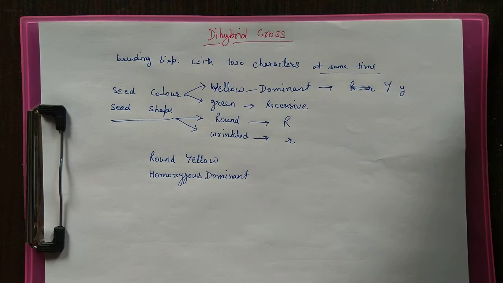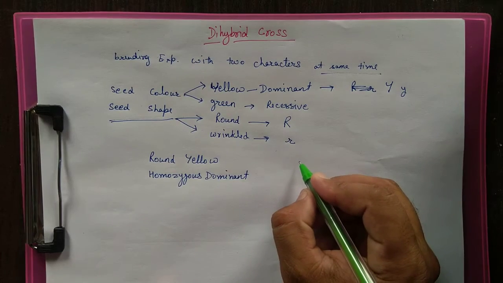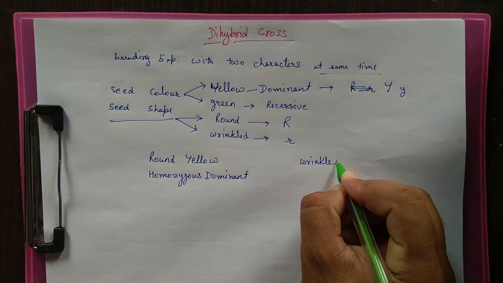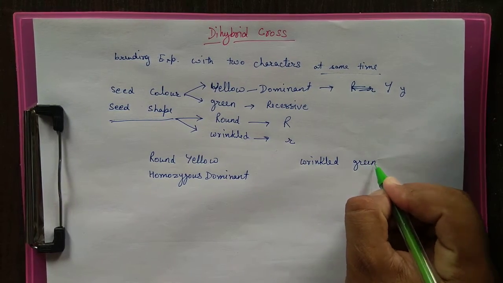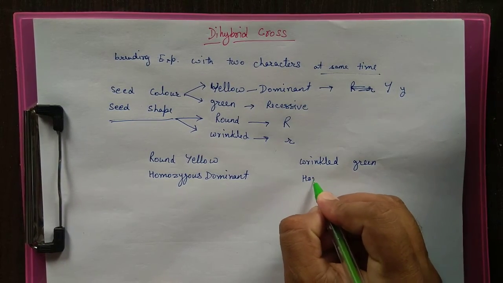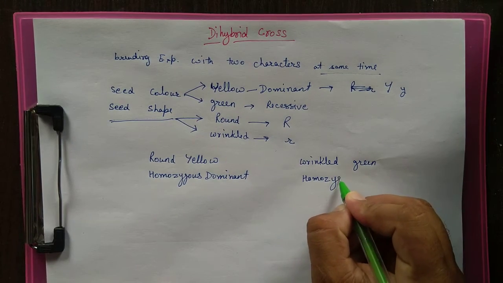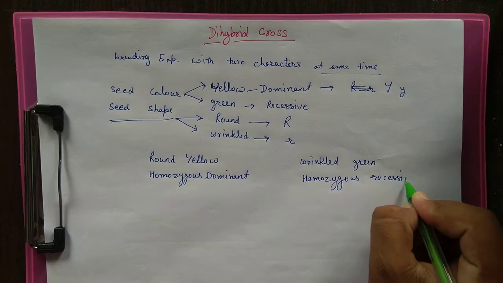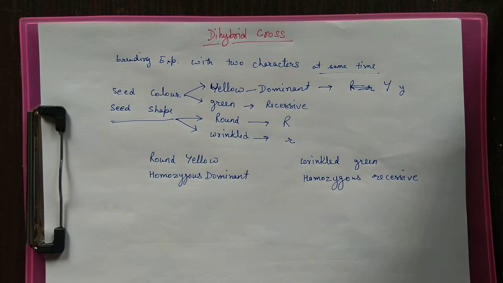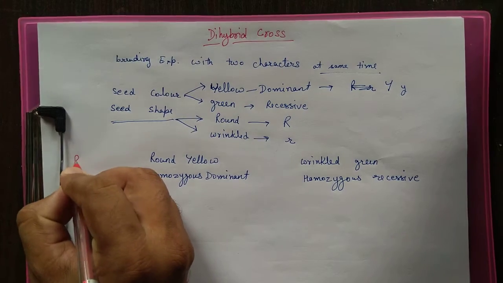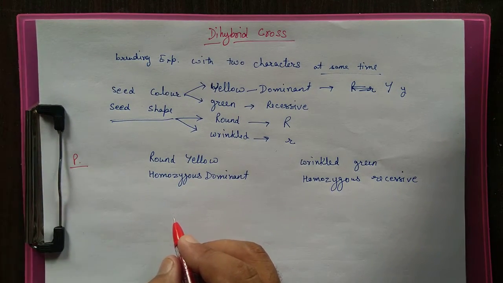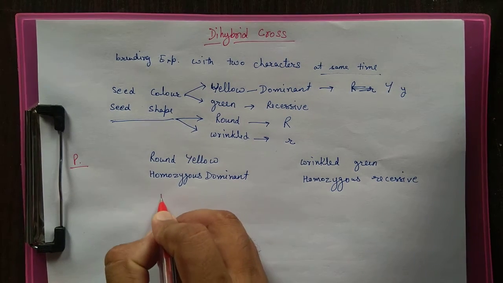We know Mendel crossed pure parents, homozygous dominant and homozygous recessive. So it is wrinkled green, that is homozygous recessive. So these are the parents, the parental generation. The key points by which we denoted it: